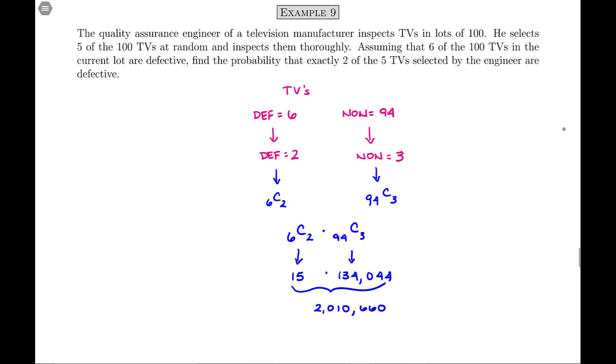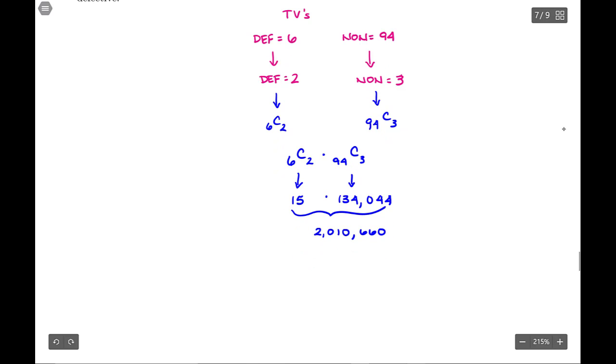And we need to know how many possible samples there are of 5 TVs. So we have to calculate one more thing. And that other value that we need to calculate is 100, choose 5. How many different ways are there to choose 5 TVs out of the 100? Or how many different combinations of 5 TVs are there out of the 100? So when we set this up, again, it's 100 factorial over 5 factorial times 100 minus 5 factorial. I've already done this one in advance, typed it in. We get